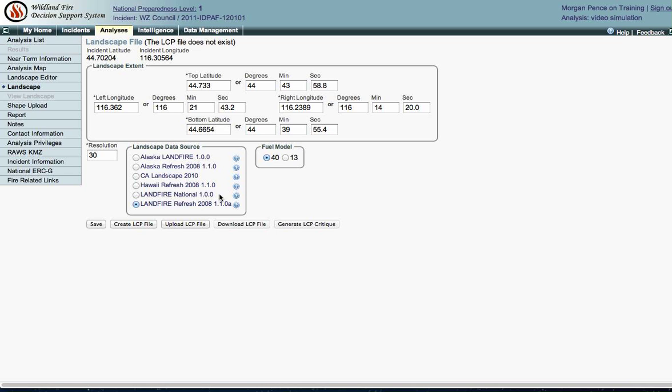www.landfire.gov. Finally, users can select to use the 40 fuel model system or the 13 fuel model system. Keep in mind that utilizing the 40 fuel model system likely provides for greater granularity and adjustments within a single fuel model type. If you make any changes to the landscape settings, select Save. Once all the settings have been reviewed and saved if they were adjusted, create the landscape by selecting the Create